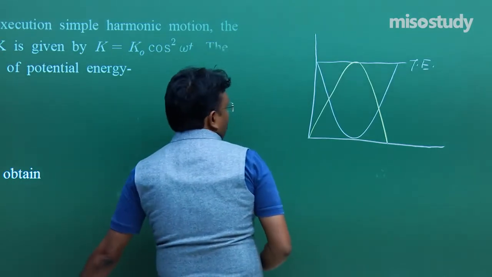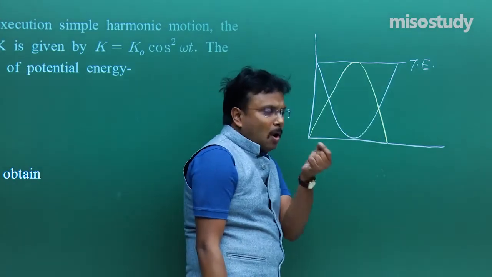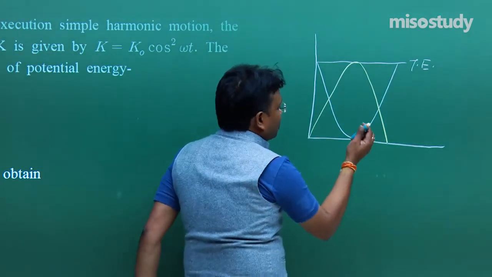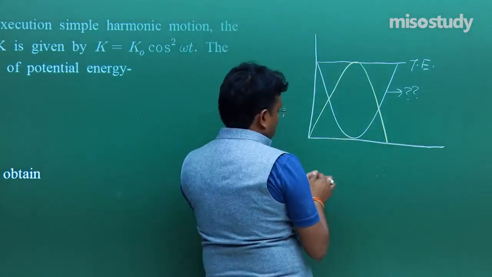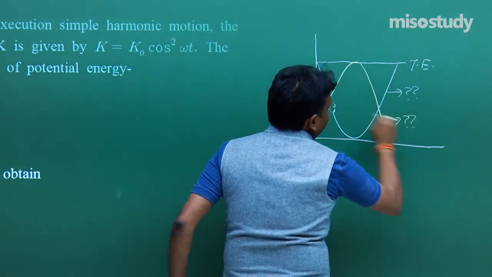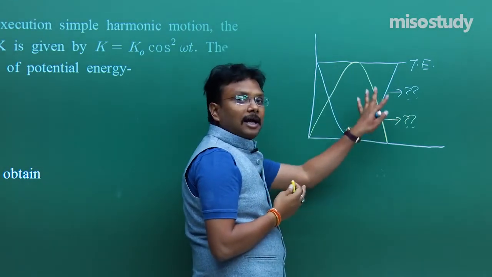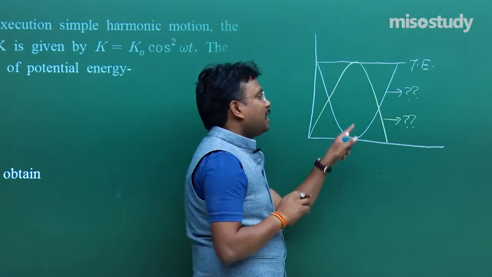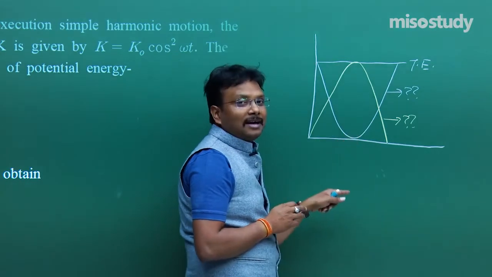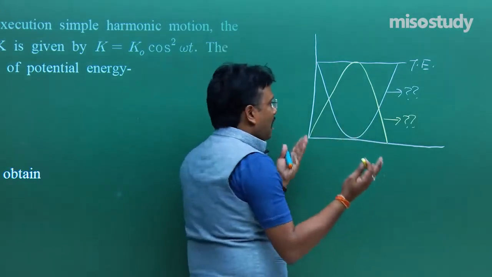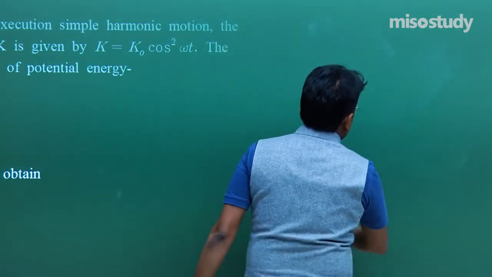Fine. Now, I hope this is clear to all of you, and as a small homework, a small question, my simple suggestion is: what is the name of this white graph and what is the name of this yellow graph? This is something you have to take a look at. I explained this concept very properly at that point of time. One is representing potential energy, another is representing kinetic energy. Which one is the potential energy term, which one is the kinetic energy term? You have to revise. Fine. It's going to be a very simple concept, but just for the sake of revision, I mentioned this aspect.